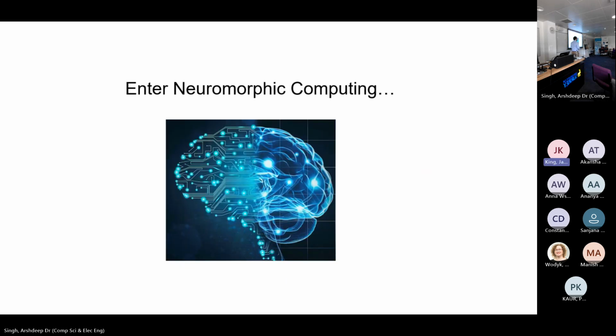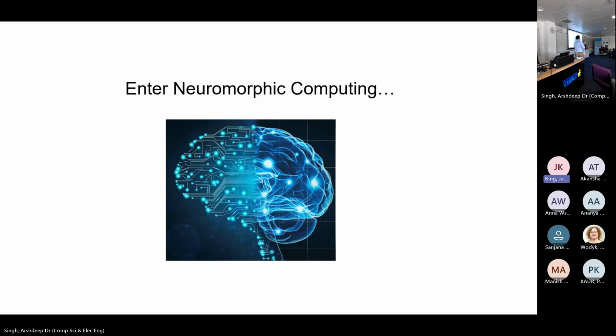So that brings us on to the topic of today, which is neuromorphic computing. Because if you look at the power consumption of today's ML agents, compare that to the amount of power that you're consuming, so your human brain is roughly consuming very